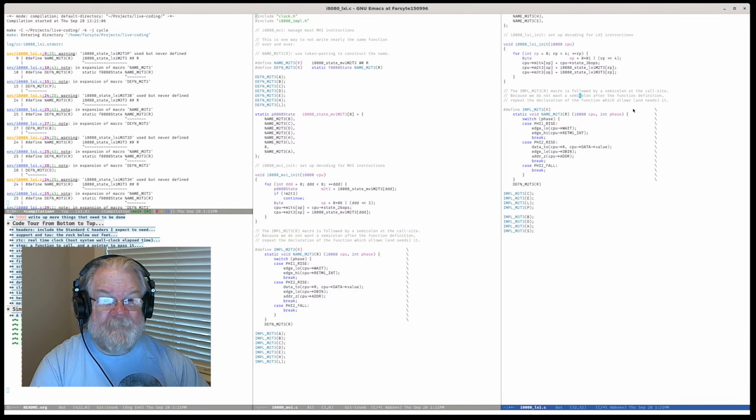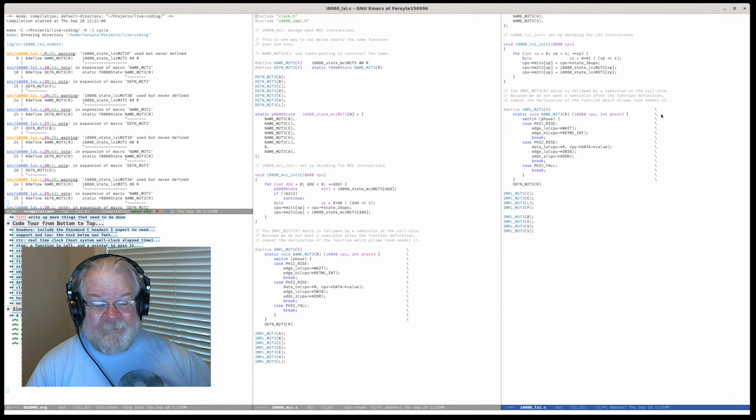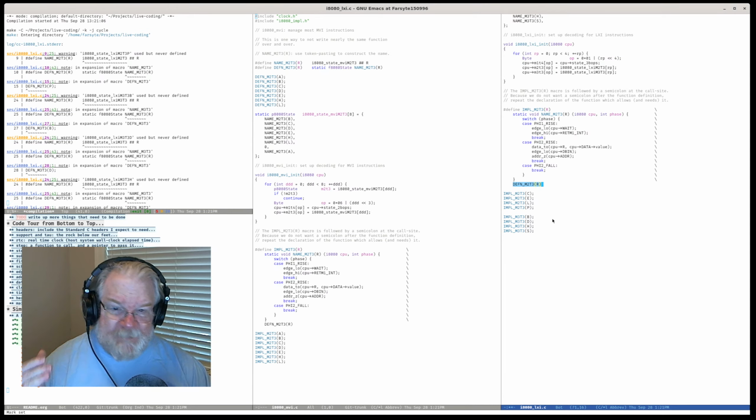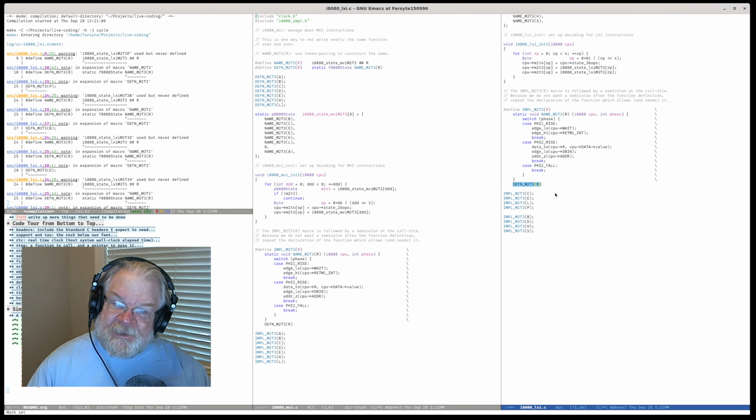I am keeping this comment, again, because somebody could be just grabbing this file, looking at it, and then saying, why is he doing that? You don't need to have a declaration. Well, it's because I want this to be syntactically correct without confusing the indenter.